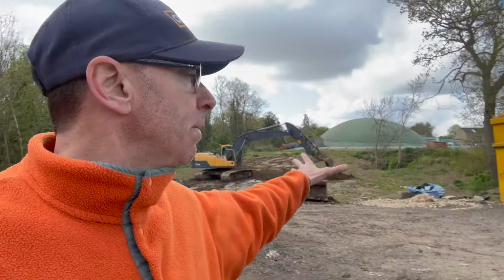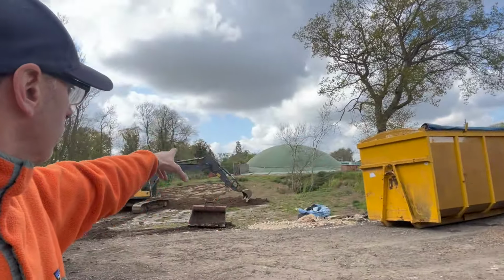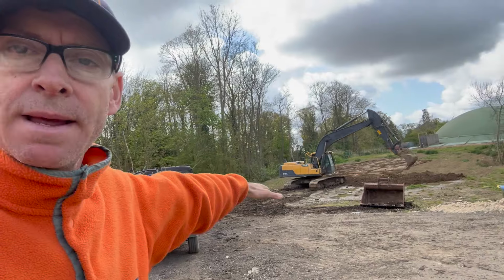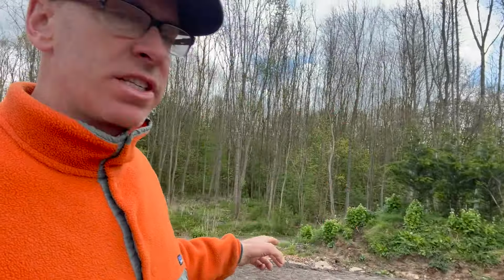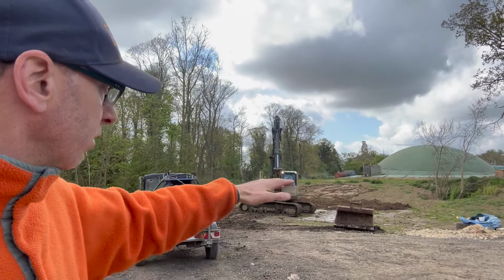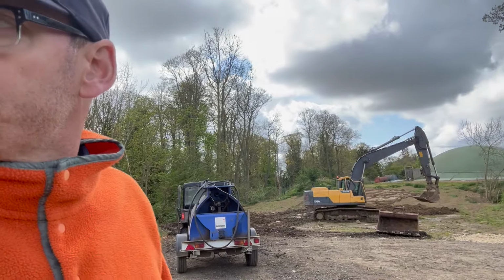You guys, we're just down here at the bins where we are drying next to our little biomass boiler, and we've got the digger just working away here. We're just going to pull a little bit of mud in. There's a bit of a lip there, and we want to level out a bit more space, because when we're coming in with hook lift bins, we've got a bund there, and the area seems quite big here, but when you've got the trailer on, it's actually really tight, and we're having to go round 3 or 4 times. So we're just pulling out a little bit of material to build up there, throw a little bit more stone down, and we'll get